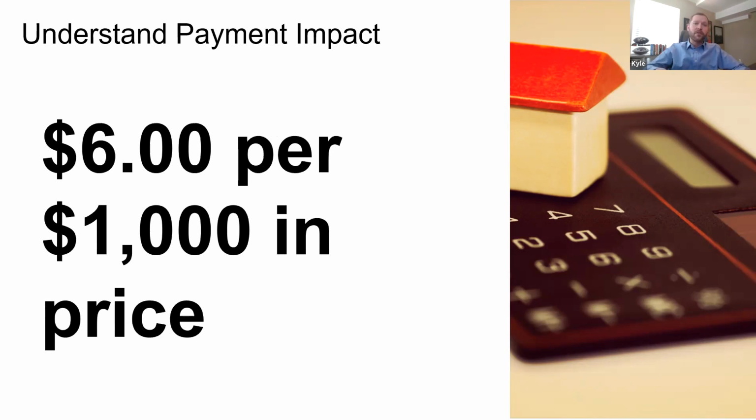If you're looking in Baltimore City, it's going to be more because property taxes are about twice as much as everywhere else. But Anne Arundel County is a good base point because Montgomery County has a little bit less in property taxes, but everyone's kind of around that Anne Arundel County property tax price. So $60 per 10,000 is a good base point to use. That way, when you're down negotiating or putting that offer together at 9 o'clock at night with your buyers, I'll be available, but you don't have to call me, because you're going to be that point of knowledge where you're going to be like, don't worry,